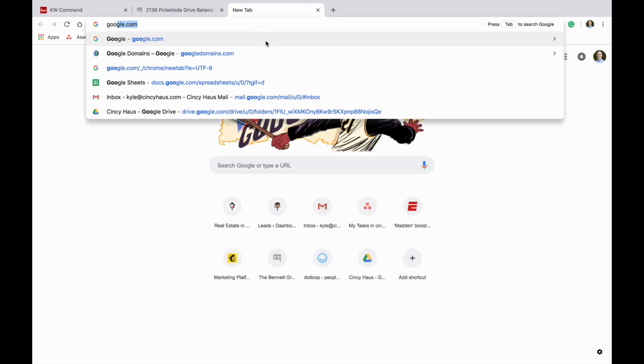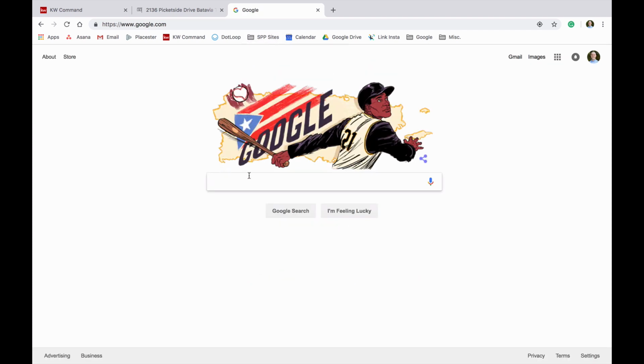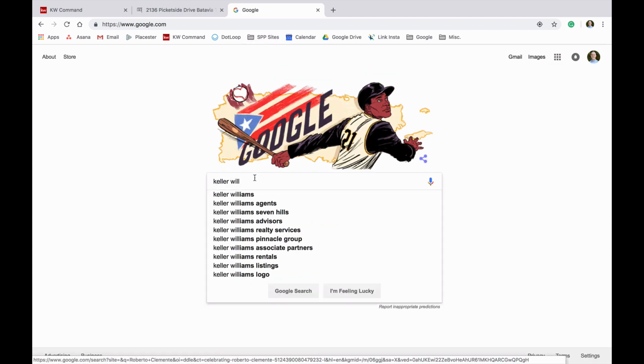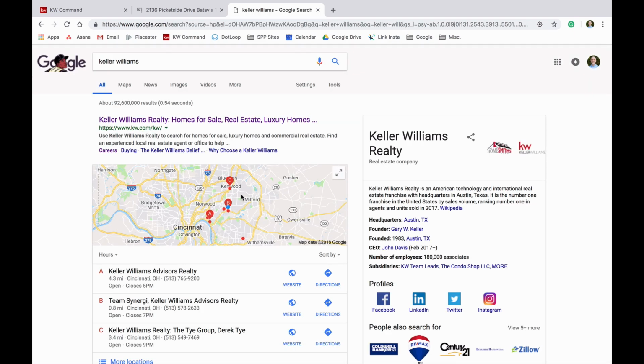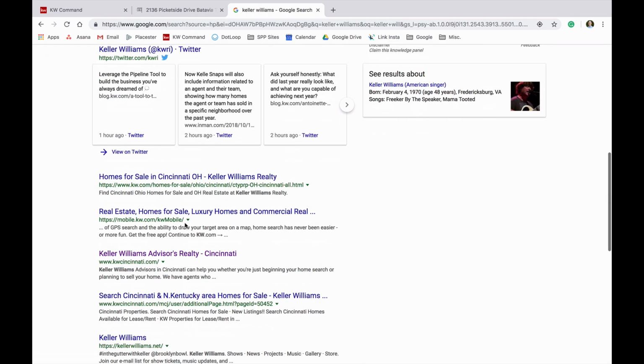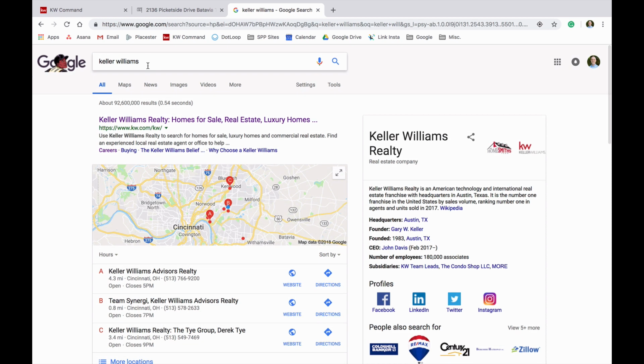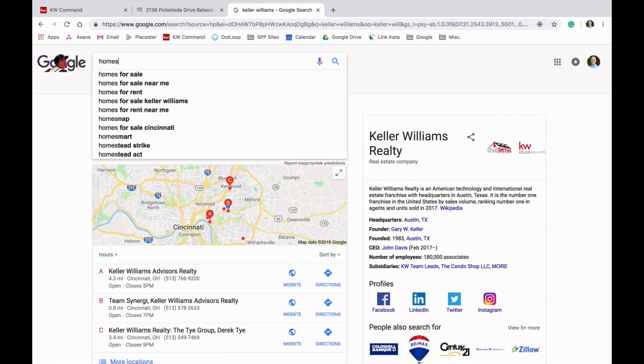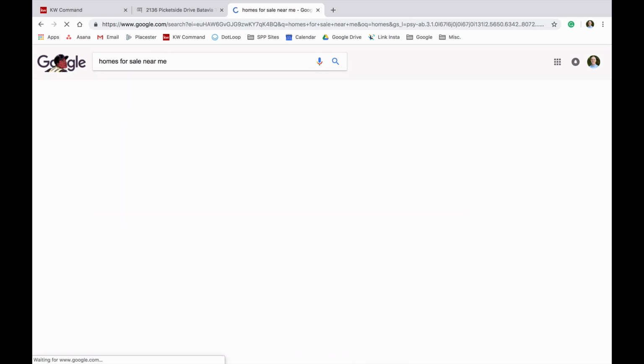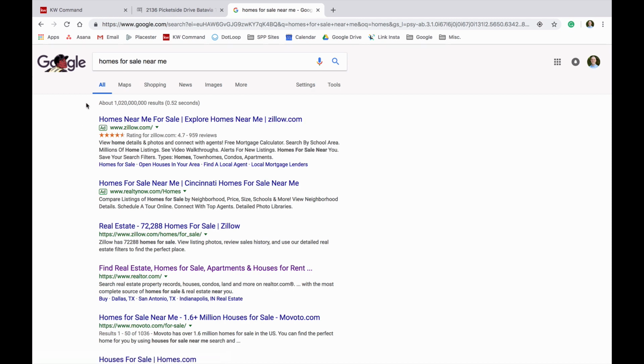Actually, I'll go ahead and pull one up for you here. Let's type in Keller Williams, and you should be able to see. I want to give you an example of what one of those looks like. Homes for sale near me. That'll work. So this right here, this Zillow ad, is what you would consider a Google AdWords